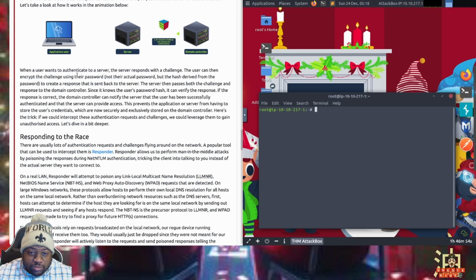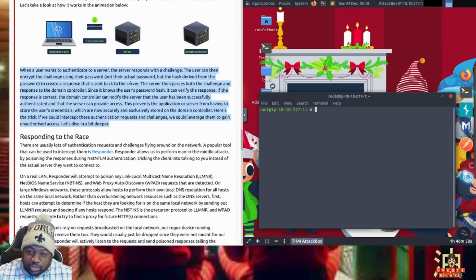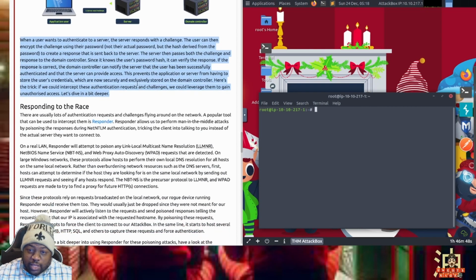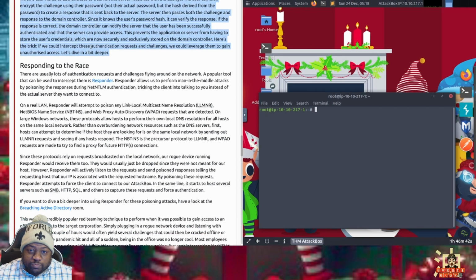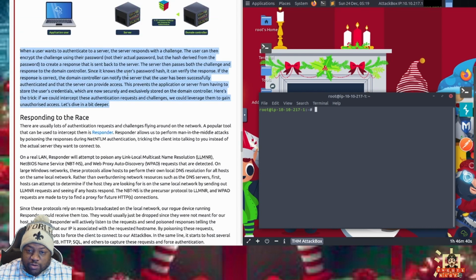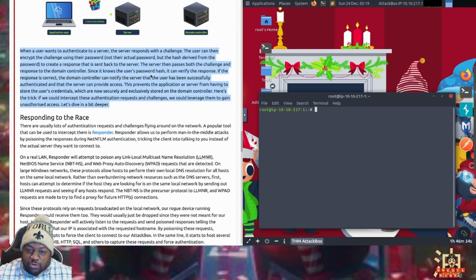Since we know the user can encrypt the challenge using their password, not their actual password, but the hash derived from the password, to create a response that's sent to the server. The server then passes the challenge and response to the domain controller. Since it knows the user's password hash, it can verify the response.